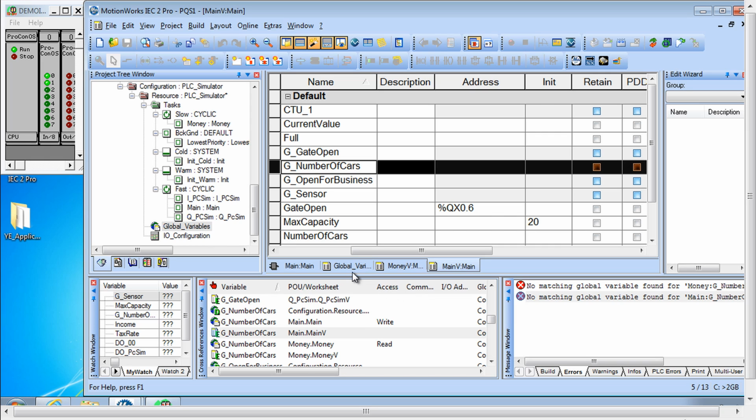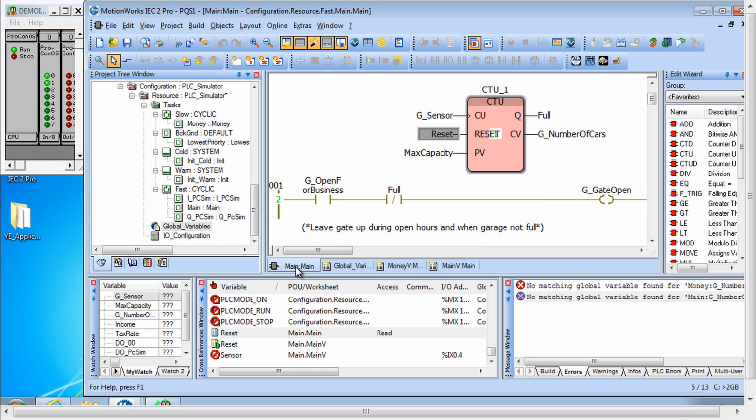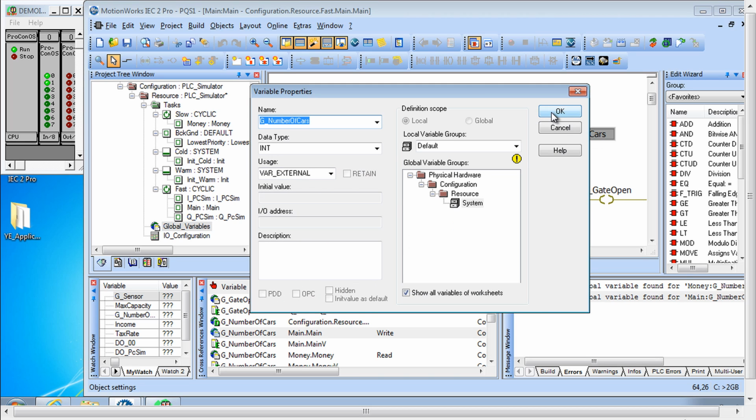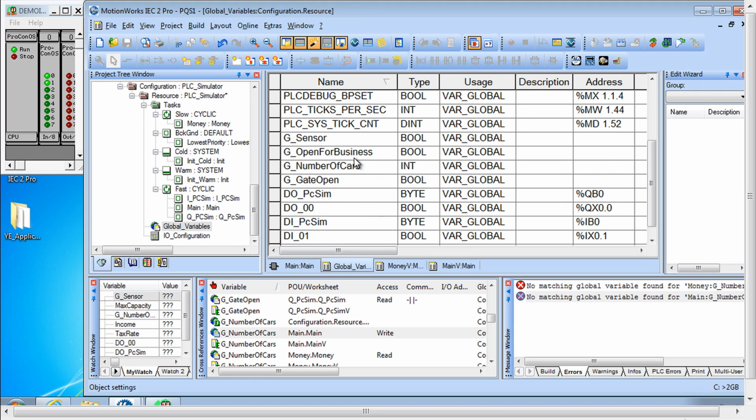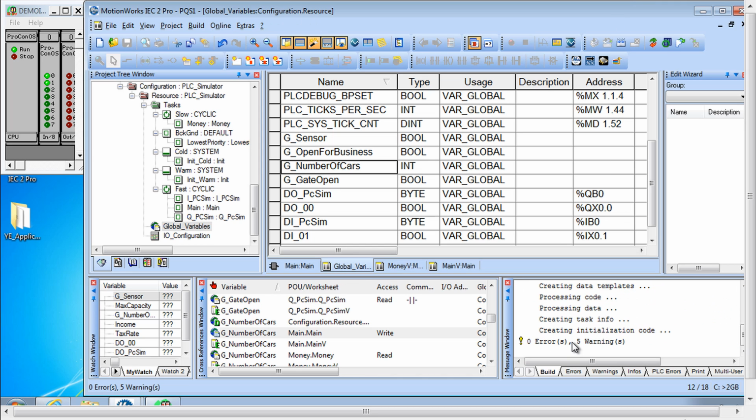I could Control Z, I could undo the damage I just did, or I could go into any of the code pages using F5 or double clicking here, click OK, and that will put it back into the global variable list again. And so now let's do a make, and my errors have been resolved. And now what do we do after a successful make? We would normally go to the project control dialog,